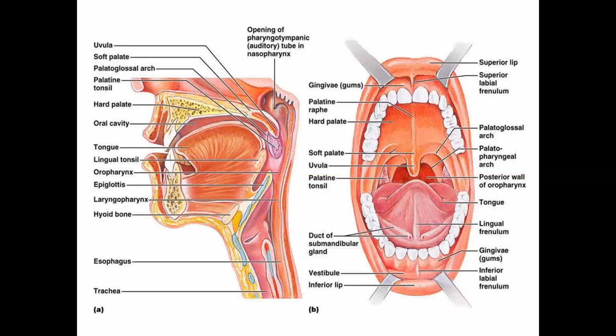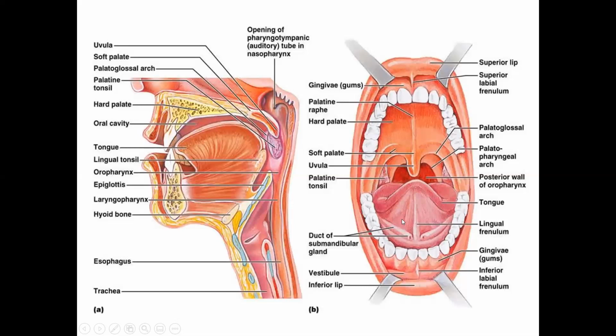And the oral cavity proper. Here we have the oral cavity proper. It is a space between the upper and the lower dental arches. You can see this is the upper dental arch and this is the lower dental arch. So the oral cavity proper is a space between the upper and the lower dental arches, and it is